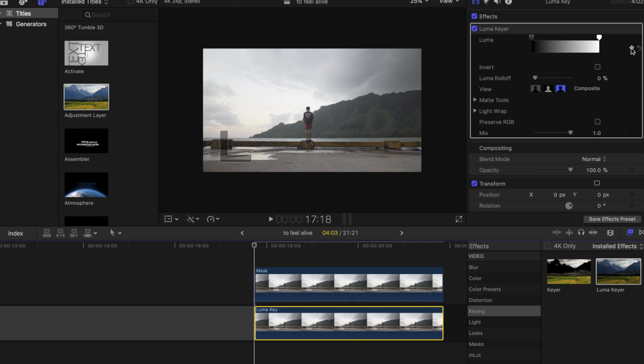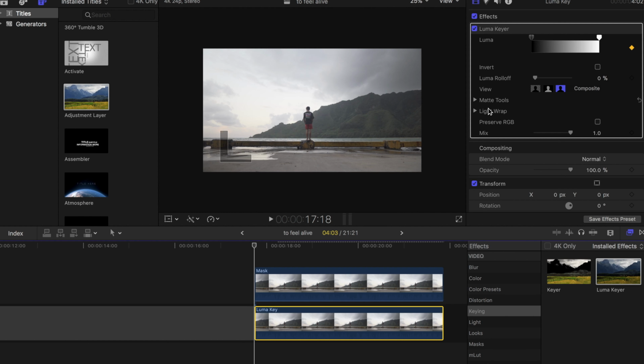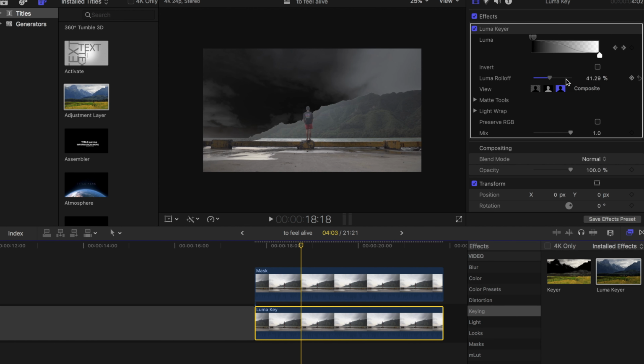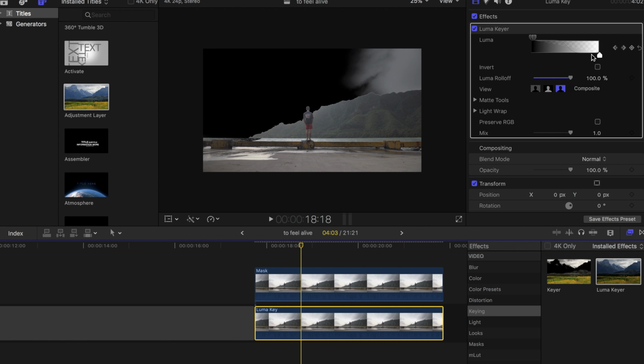Now the whole idea of this Luma key is to black out your entire sky, okay? So we're going to come over here to where we want the sky to be filled in with our new sky, and I'll just say right there is fine, and I will try my best to black out the whole sky. Now you will probably need to increase your Luma roll off, and